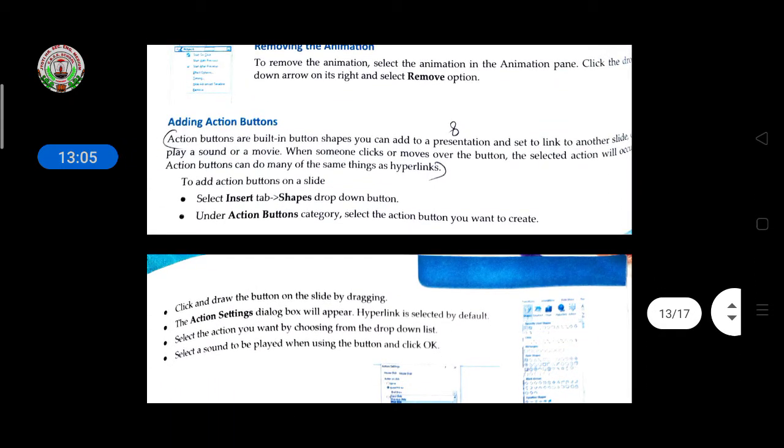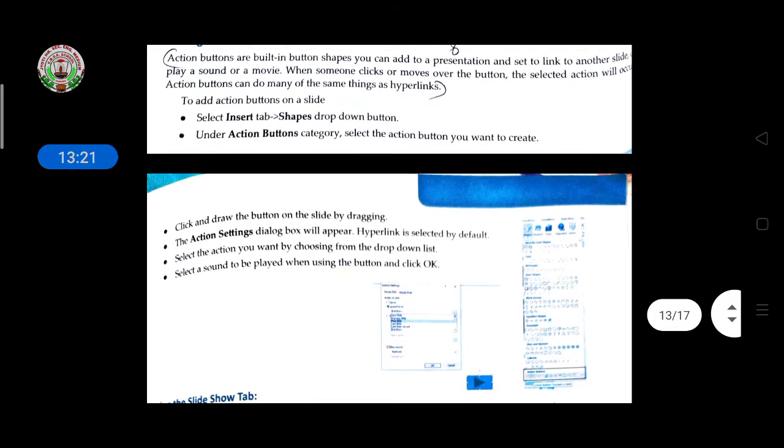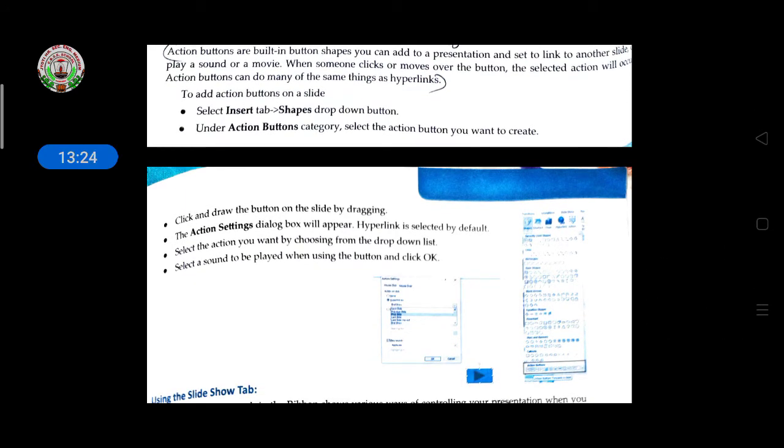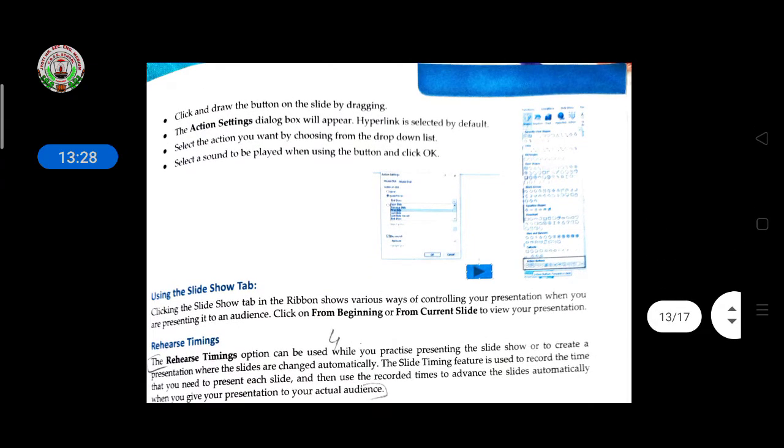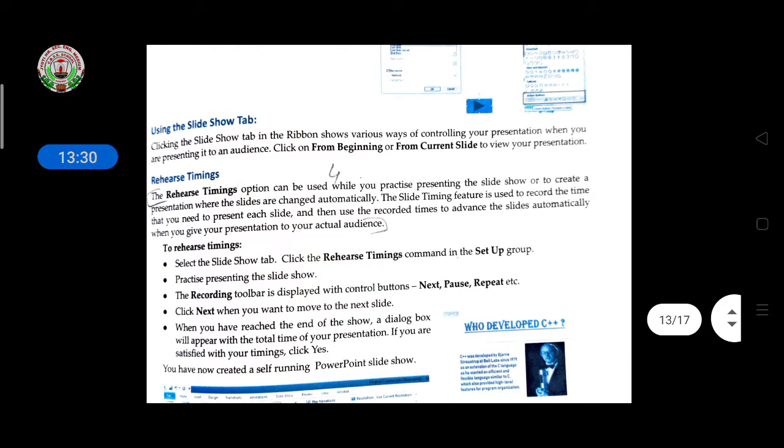Then adding an action button means it has built-in button shapes that can link your presentation to another slide, or play a sound or a movie. If you want to play, the action button will be there. You have to insert that action button in your slide and then show the video like this.